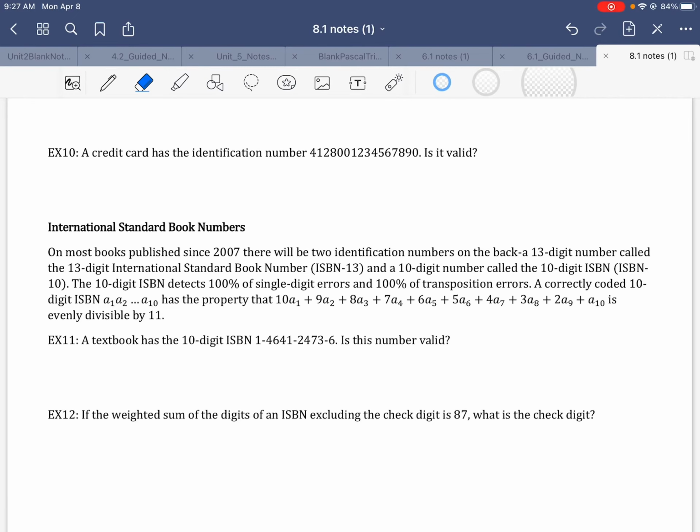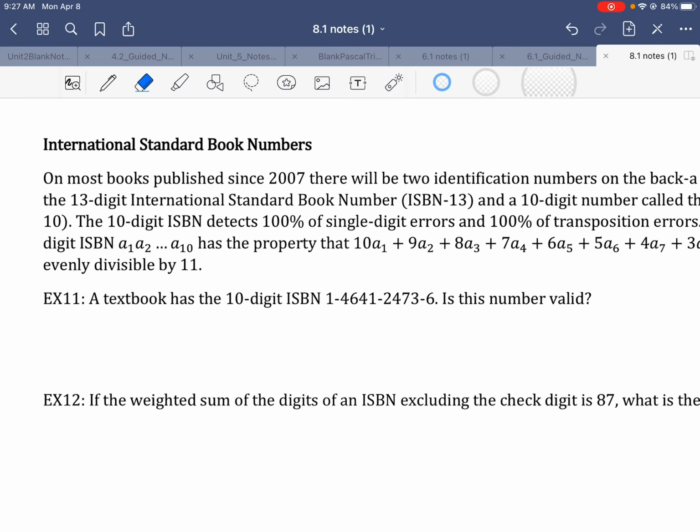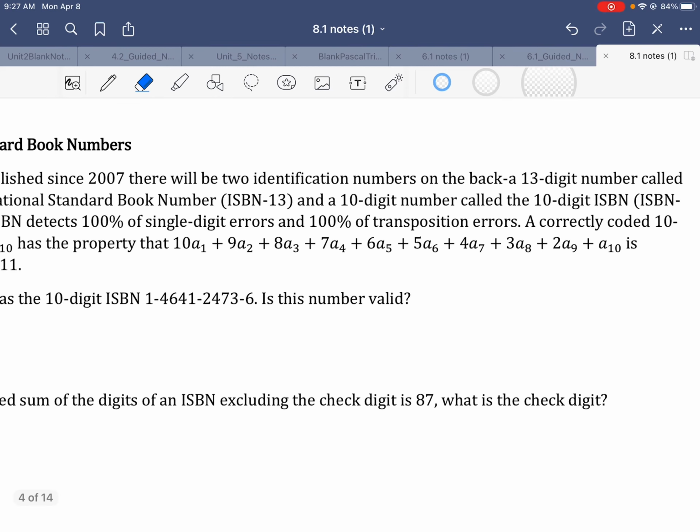All right, let's look at our International Standard Book Numbers. This is on your notes page. It's towards the back, before you get to the very, very back, the second page, the front of the first page. On most books published since 2007, there will be two identification numbers on the back, a 13-digit number